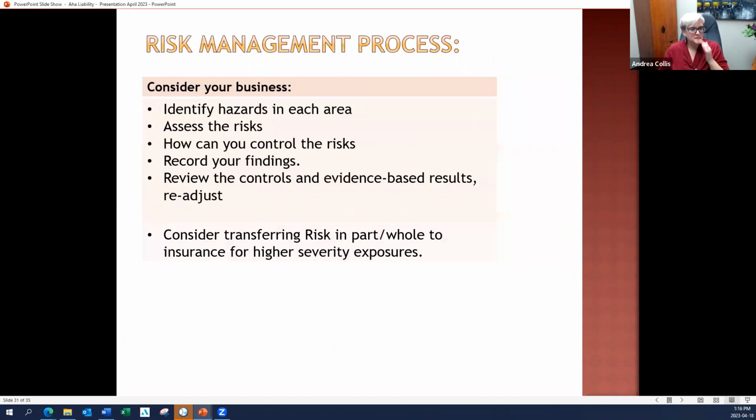Okay, we're running out of time, so let's make sure we're good. So risk management then. I want to give you just a simple risk management process. Try to make sure that you look in each area of your business, whether it's your accounting controls, your occupational health and safety, your liability exposures, those kinds of things. It's really important to take a look in all areas of your business, but also to involve everybody where it's warranted, have different people involved in your committee to look at it, because